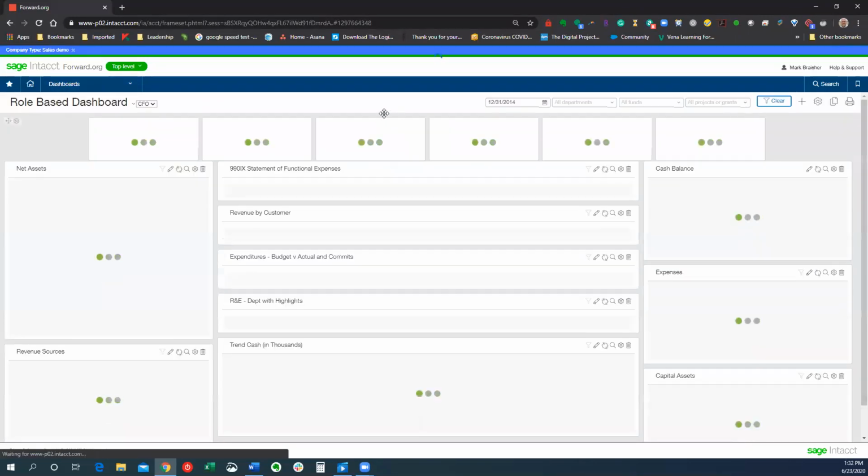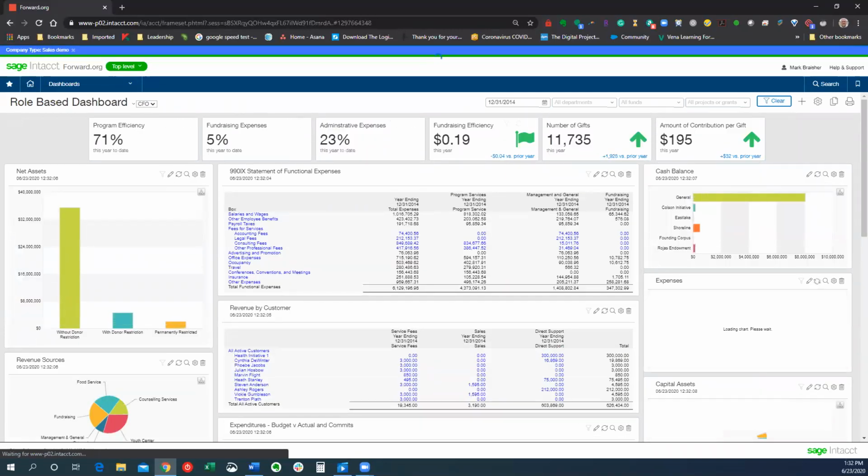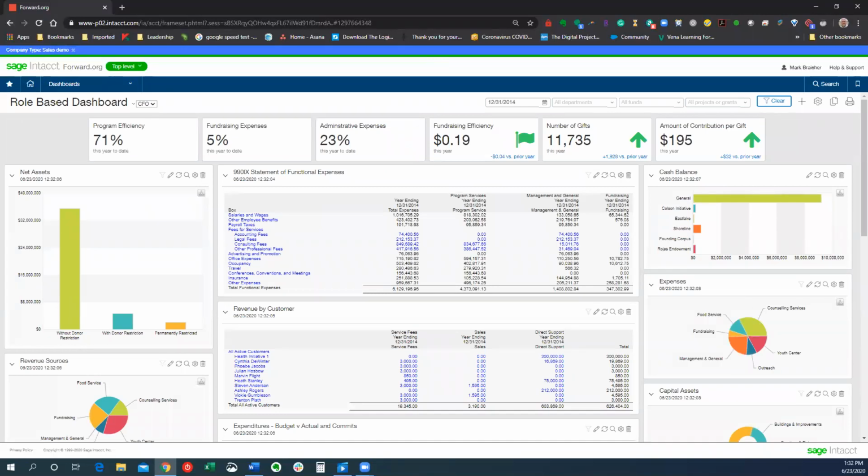So that gives you a pretty broad rundown of what Intacct can do. From the beginning I mentioned the whole issue of streamlining and efficiency. What I'd say to you concerning that is, oftentimes when people look at software or look at upgrading software, they talk about the cost that's involved with that. I would say to you that some of the pieces of your day that are cut out as a result of integration and efficiency is worth probably a staff member, or at least a partial staff member,